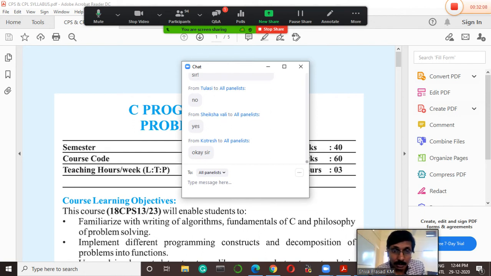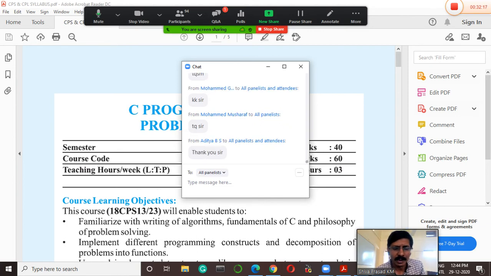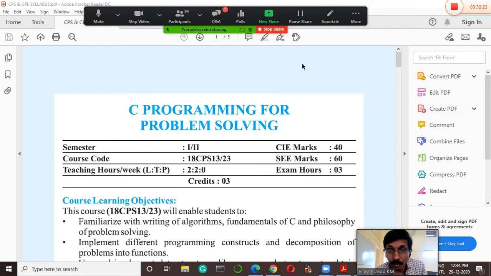Definitely I will help you out. And keep in mind, this particular language is most essentially needed for each and every stream. Everyone is in need of it. "Sir, I am from the electrical department, I am not in need of a programming language." No, even if you are from electrical or mechanical or civil or computer science or information science or industrial production, irrespective of the branch, C language is the mother of all other languages, and it is a must for each and every discipline. Irrespective of the discipline that you have chosen as your branch, you must know the basics of C language, and it is compulsory.